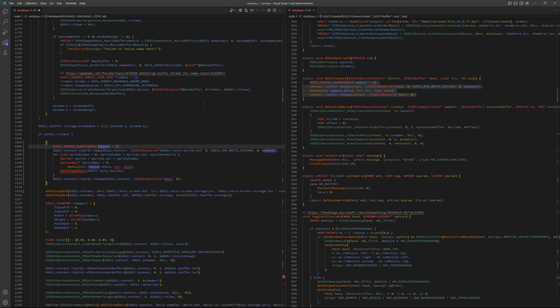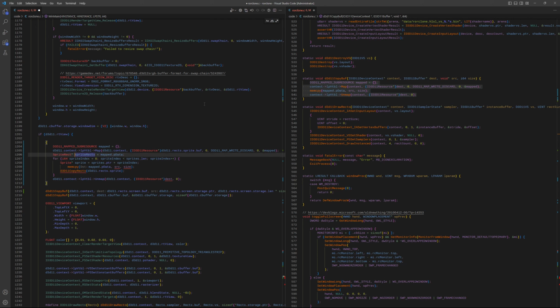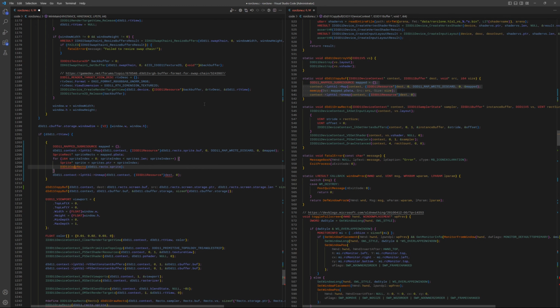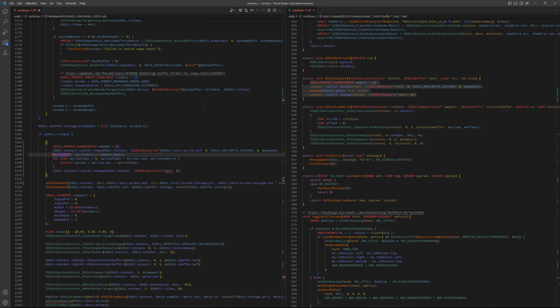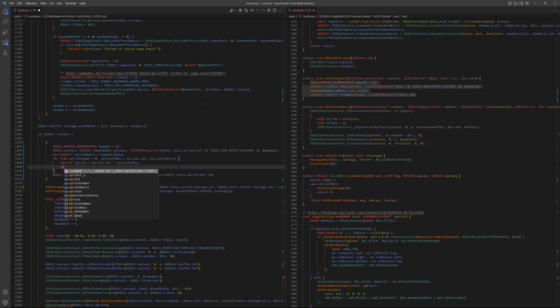We get the array, which is mapped p data with star. We map it, we cast it, then we iterate through the sprites that we have, and we do something like